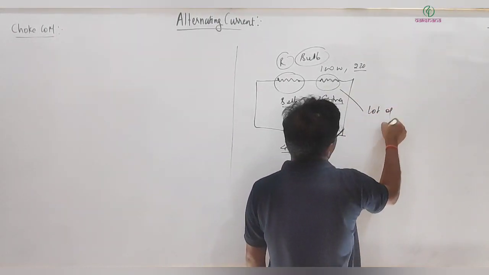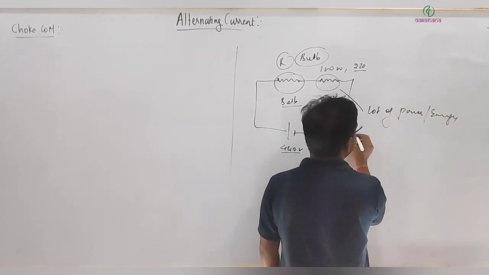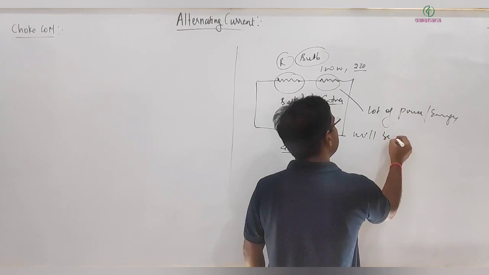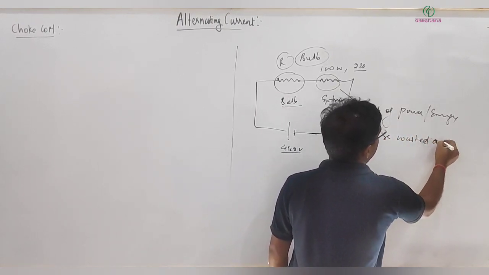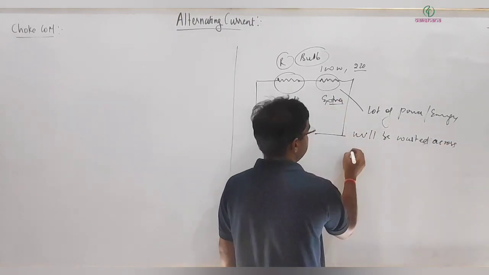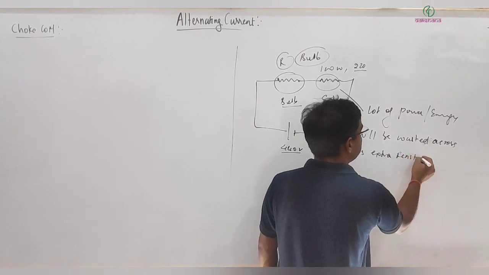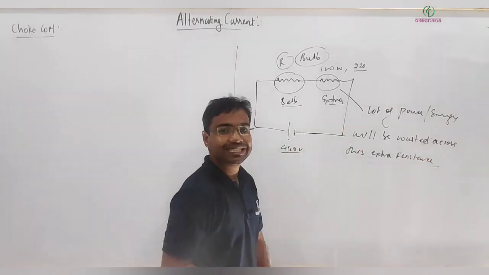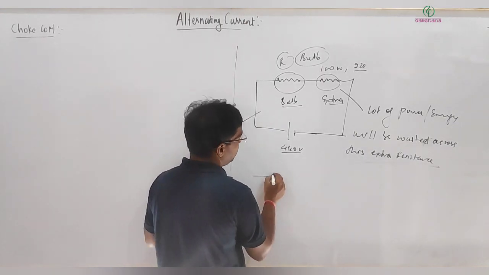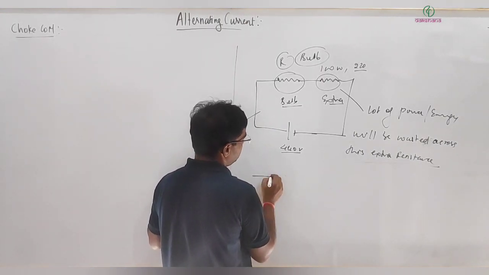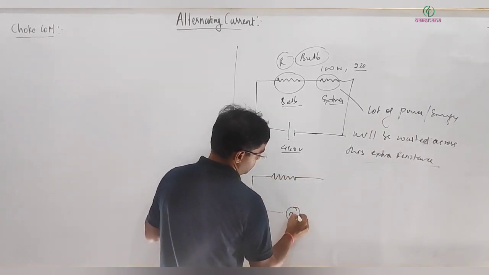A lot of power or energy will be wasted across this extra resistance, right? Similarly, just look at it. So this is one DC case. Similarly, if I am having one appliance which is being used and it's connected to some AC source,